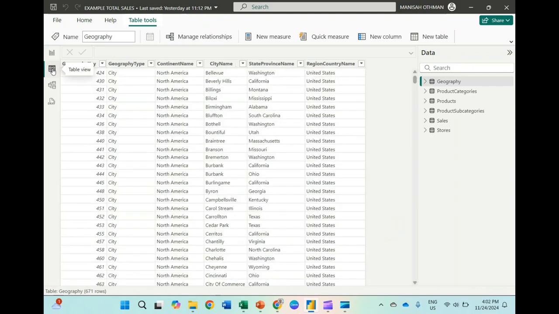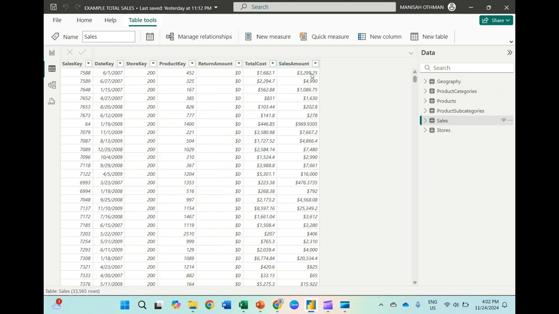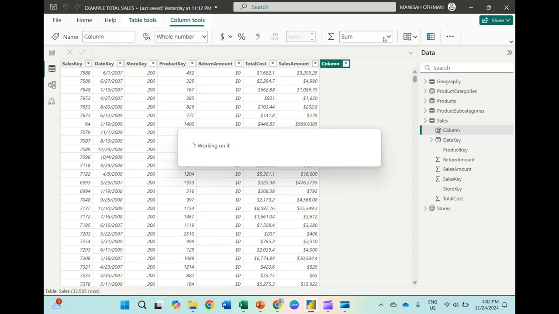In Power BI, you can go to the data model here, which is similar to Power Pivot in Excel. Let's say you want to create a new column in the sales table. Remember, you want to create a calculated column.